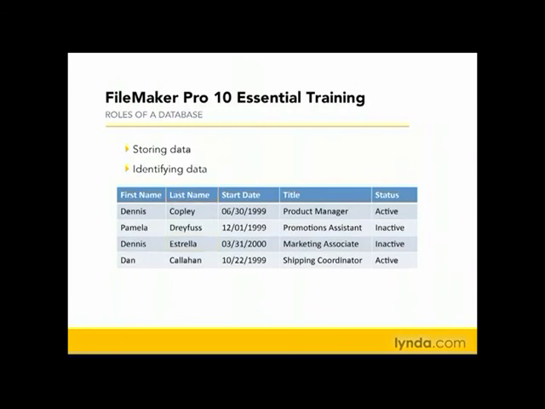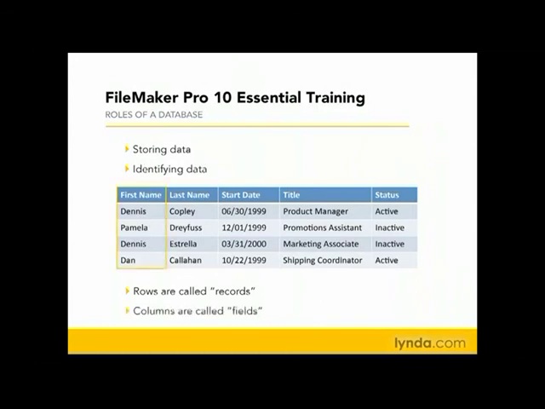Now, when it comes to FileMaker databases, the rows are actually represented as records. And that's a terminology that I'm going to use throughout the rest of this title. So then a record is a grouping of a bunch of different pieces of information or attributes that all describe one instance of the information that's being managed. So in this case, this iteration or instance is a customer, and all of these different pieces of information describe